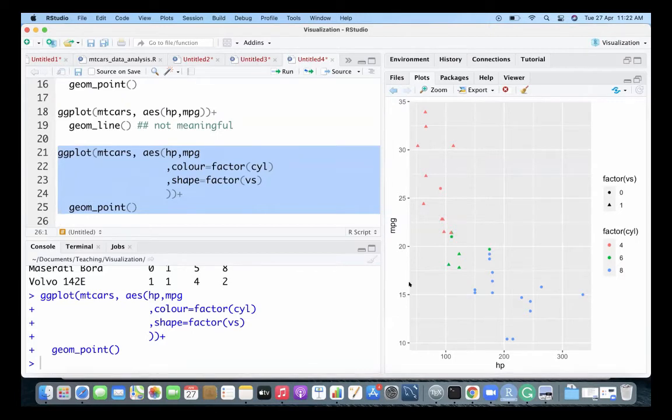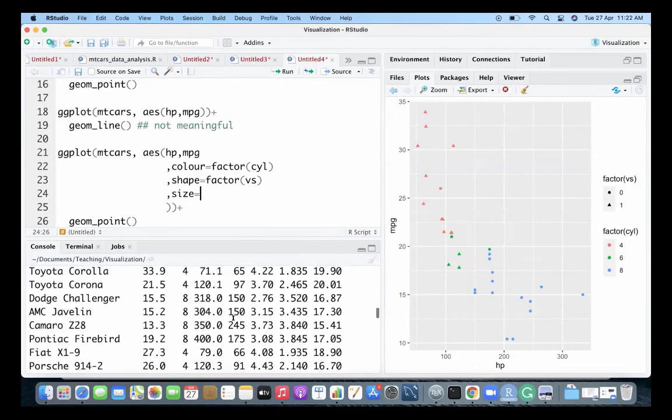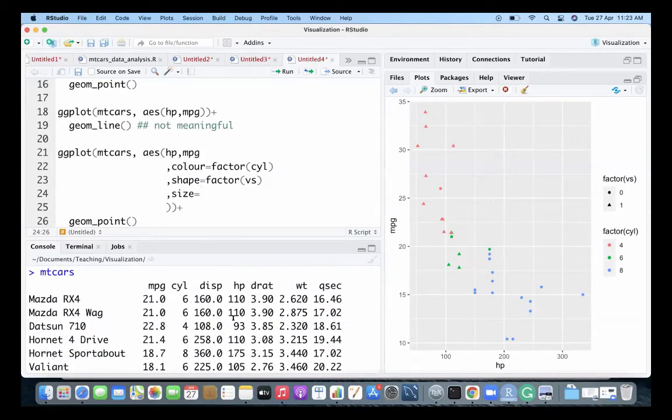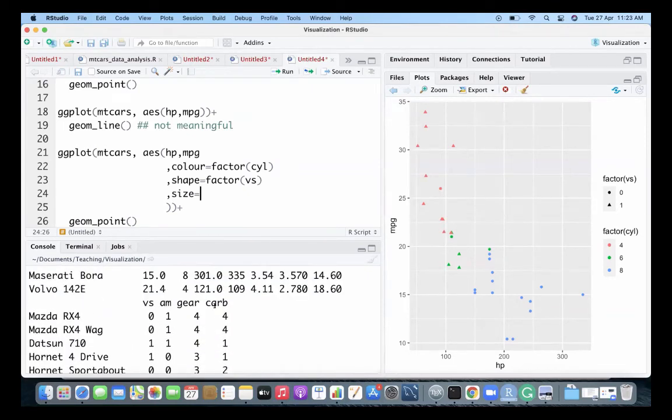And then I can use size also for another variable. So maybe I'll put gear here.